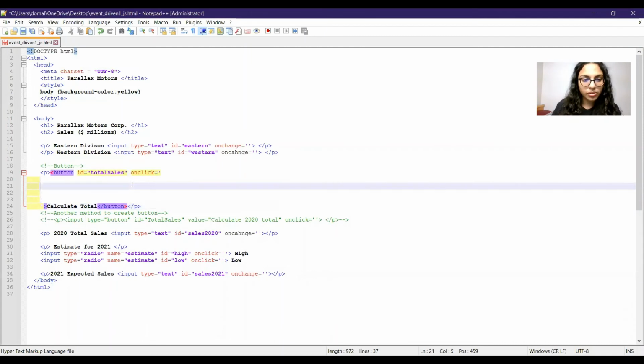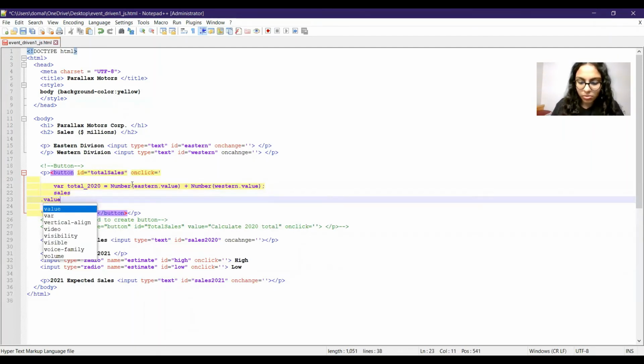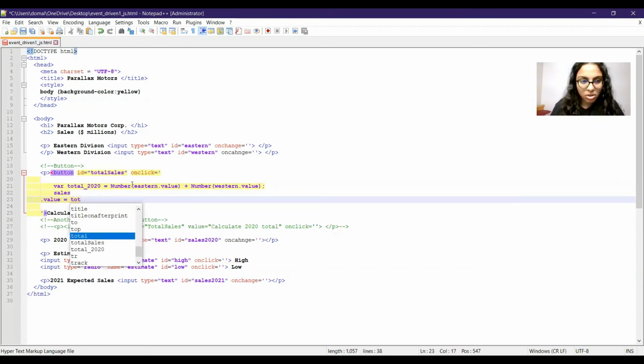On click we can write: var total_2020 is equal to number eastern.value plus number western.value, and the second line would be sales2020.value is equal to total_2020.